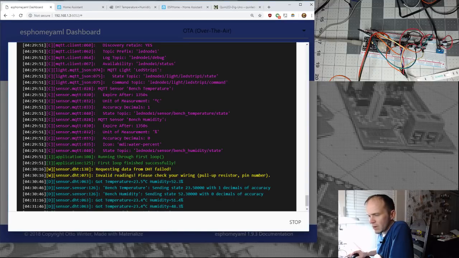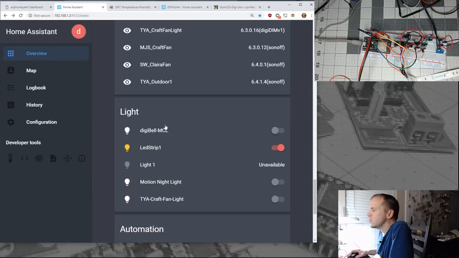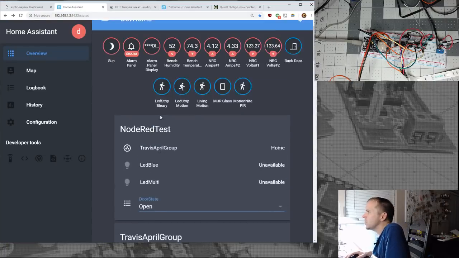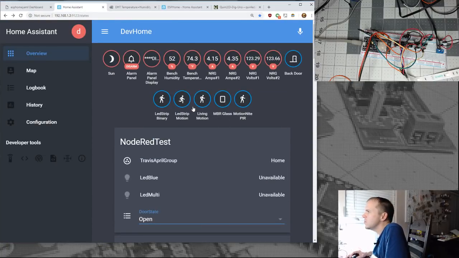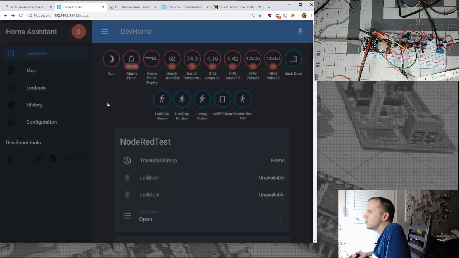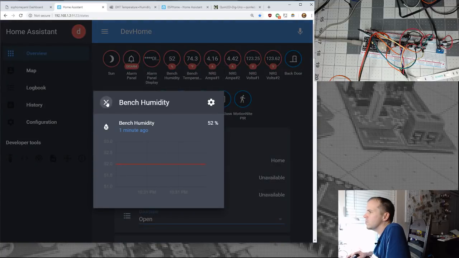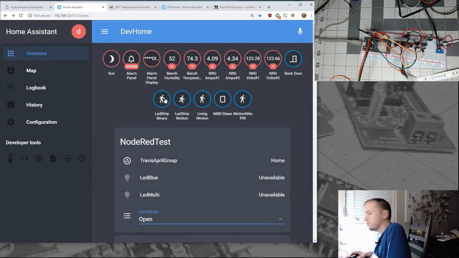So let me get back over here. We're in the Home Assistant, and we should see, probably up top, the bench temperature and bench humidity. So it's pretty simple. I know someone else was asking how to hook up the DHT22.